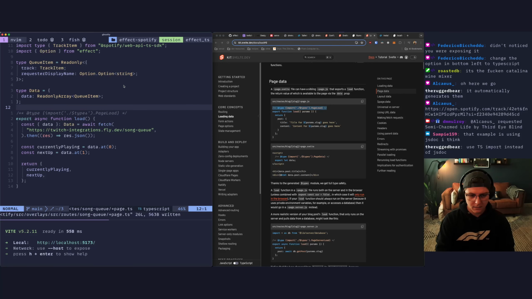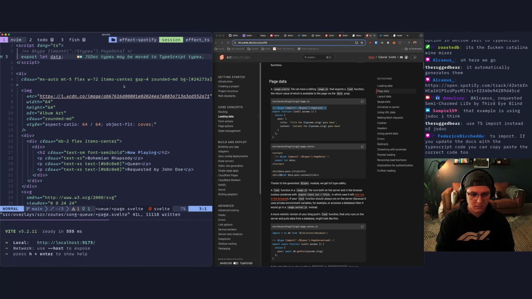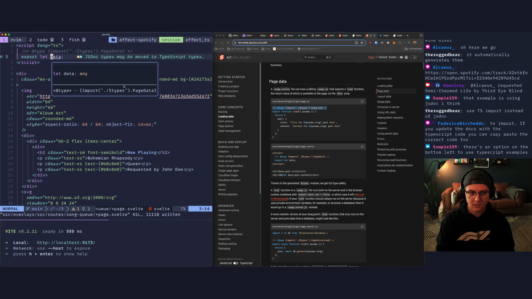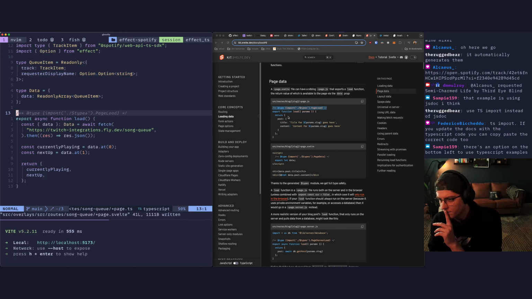I think I need that. Let's go back now. Use TS import instead of JS doc. What is TS import? Oh, so you're saying like, wait, how do I do this for TypeScript? I'm now confused.